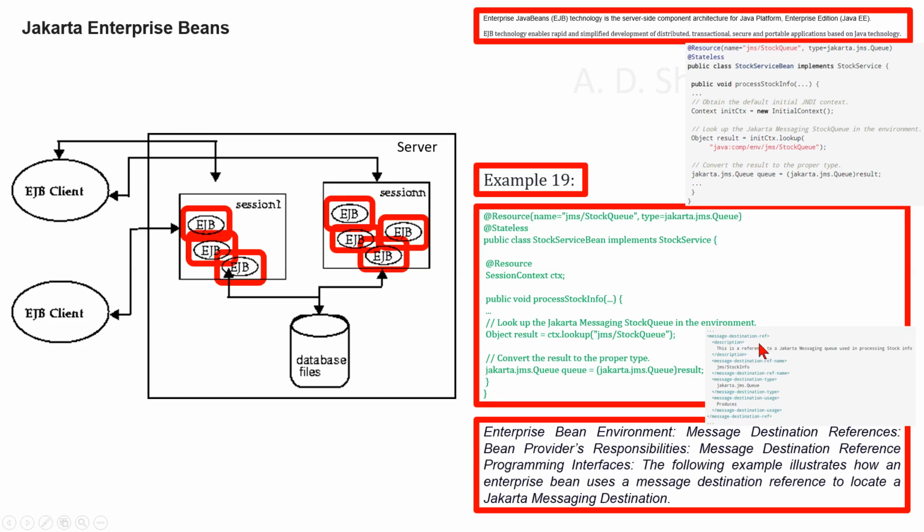The message-destination-ref element contains optional description, message-destination-type, and message-destination-usage elements, and the mandatory message-destination-ref-name element. The message-destination-ref-name element specifies the message destination reference name. Its value is the environment entry name used in the enterprise bean code. The name of the message destination reference is relative to the